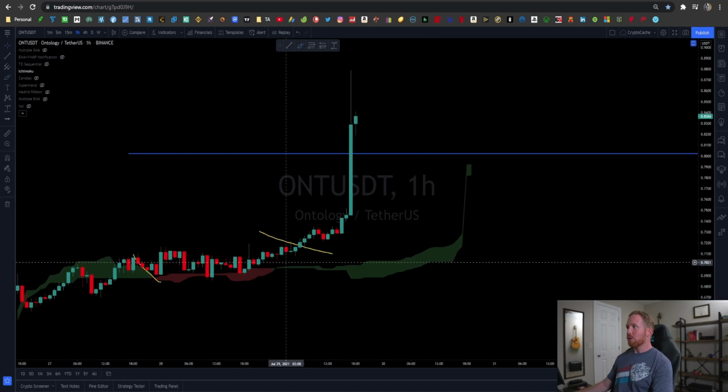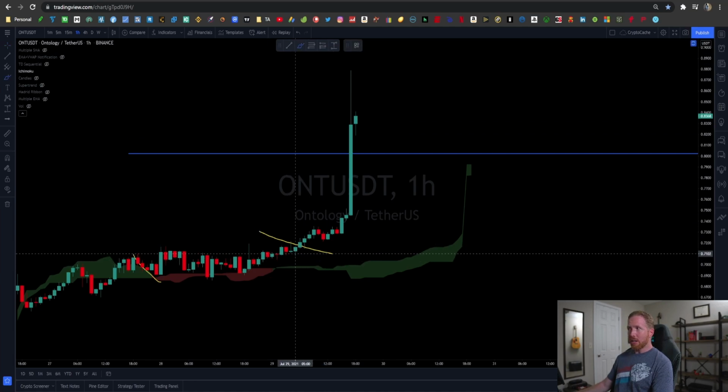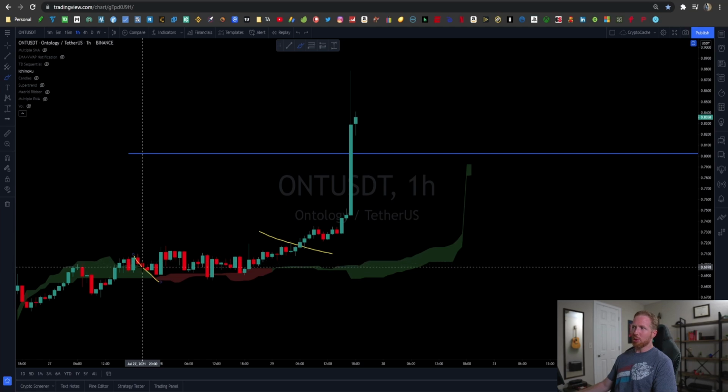Now keep in mind too, right here at this point, the 4-hour chart gave us a convergence. So this is also a great entry point because it's right as soon as it started breaking above this consolidation channel, right? So both would have been a good consideration. You just would have been a little premature over here, but it's not that premature when you think about it